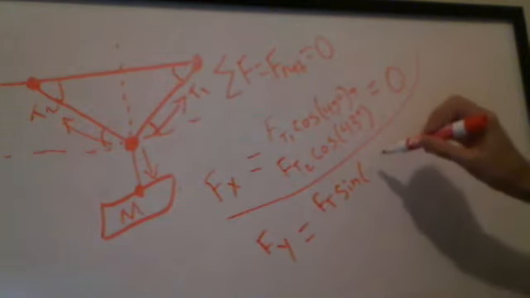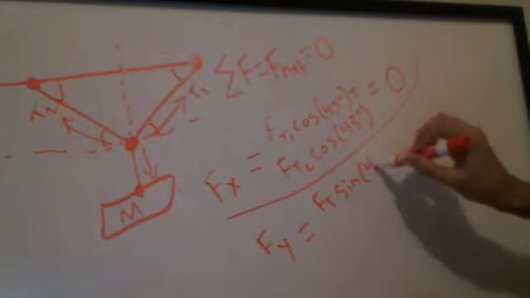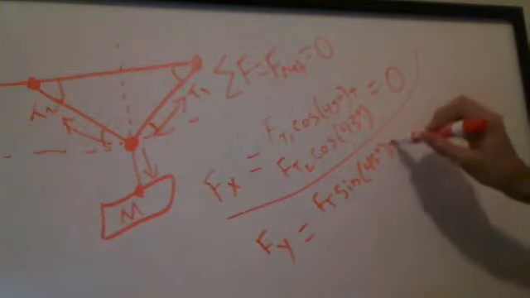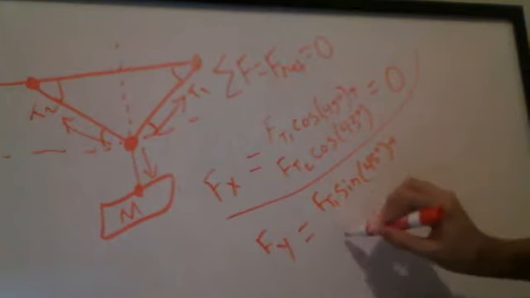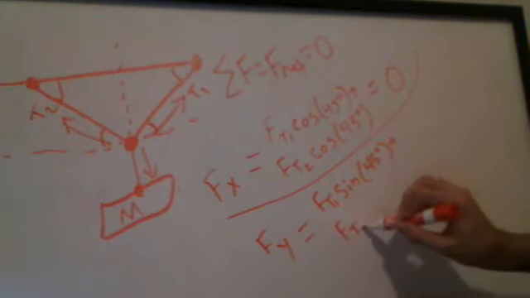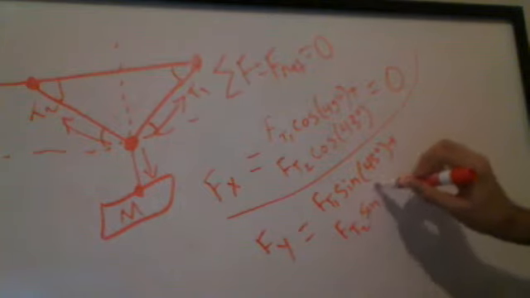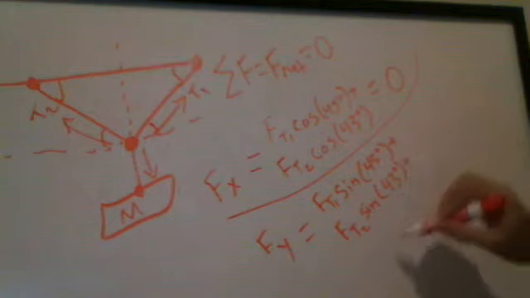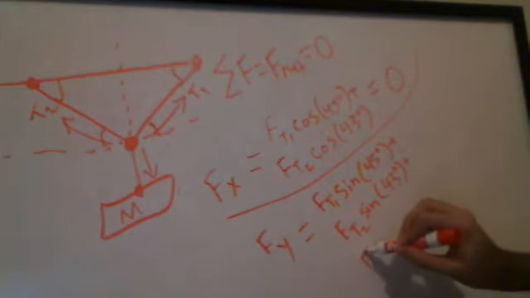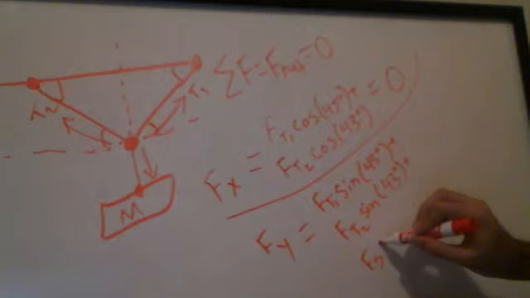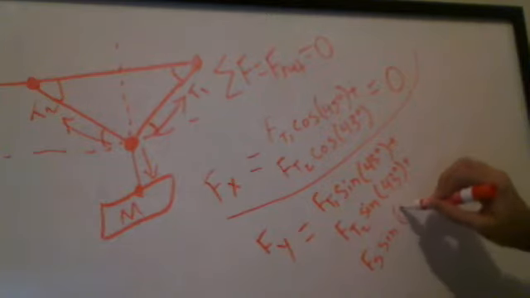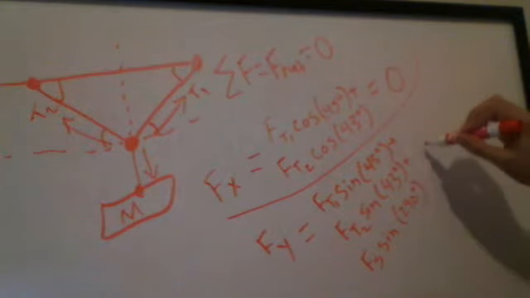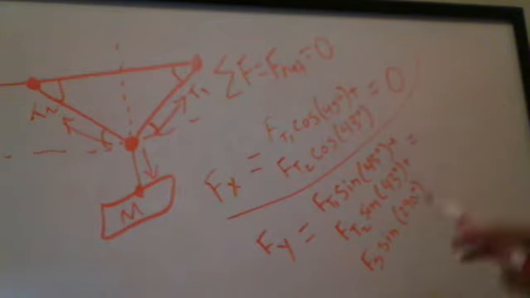Sine of 45 degrees plus this tension 1, force tension 2, sine 43 degrees, plus force of gravity sine 270 degrees. It's going to be equal to